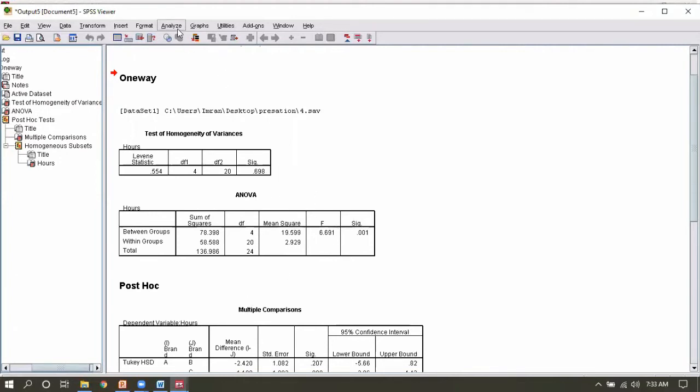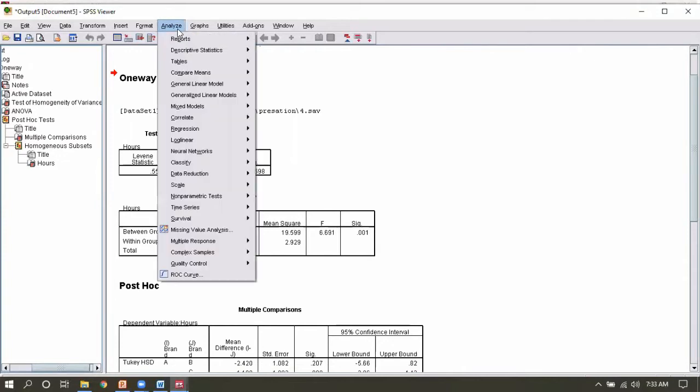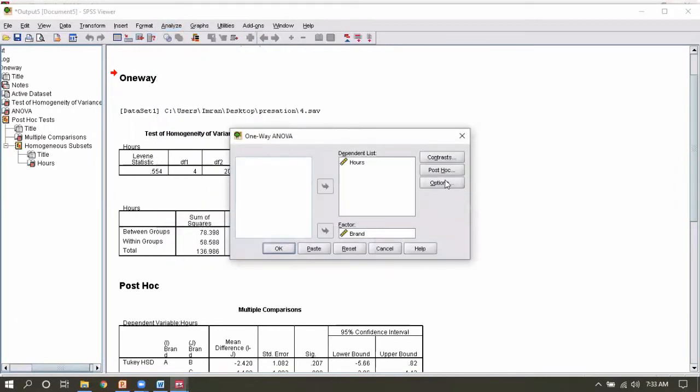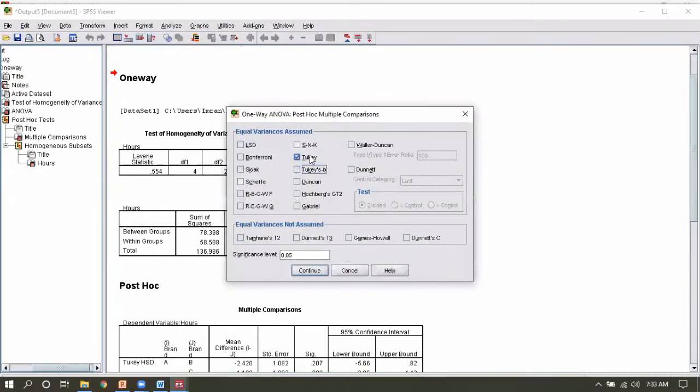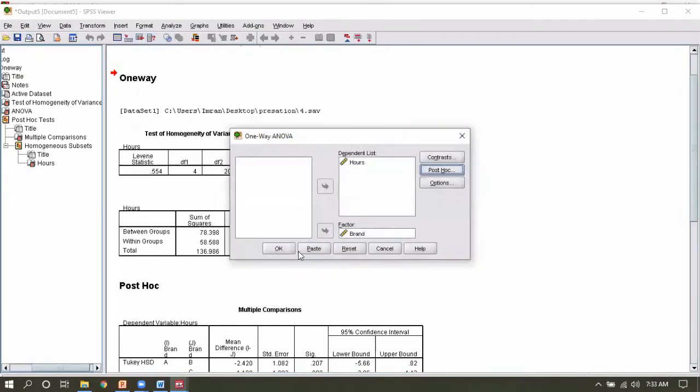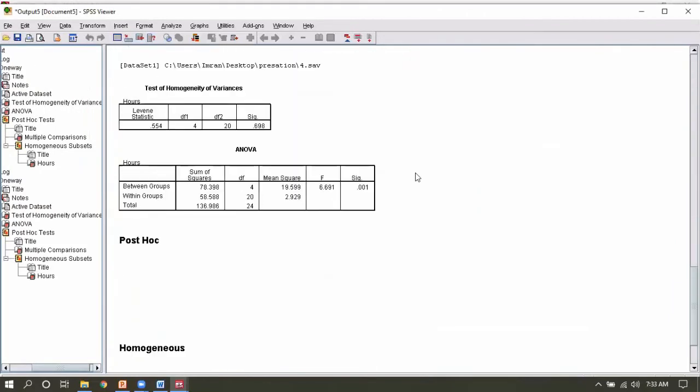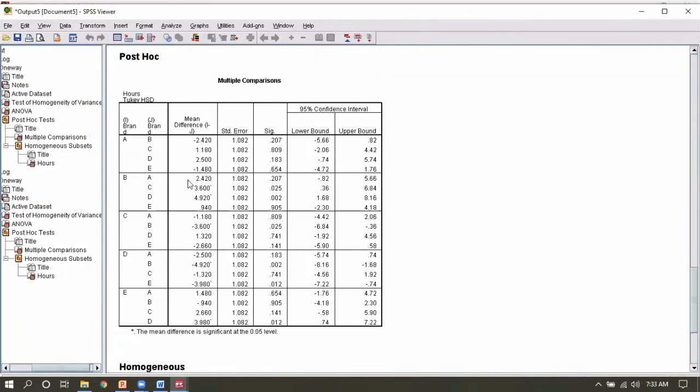For checking which is more different, go to Analyze, Compare Means, One-Way ANOVA, and Options. In Post Hoc, you will check the Tukey test, continue, and okay. You will see this type of table, and you will compare B with C and D, and the result is in front of you.